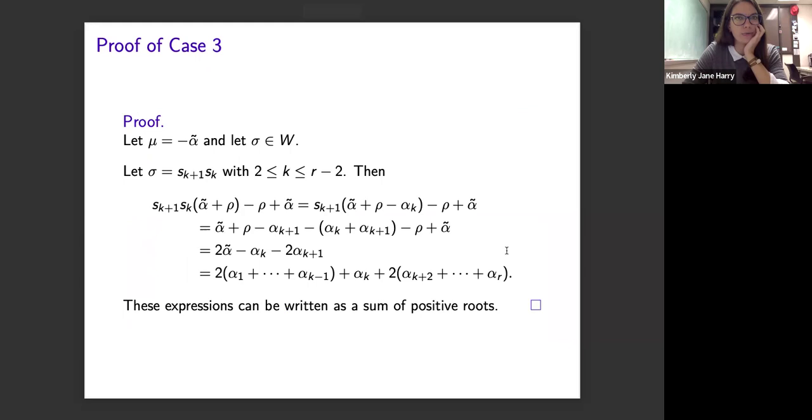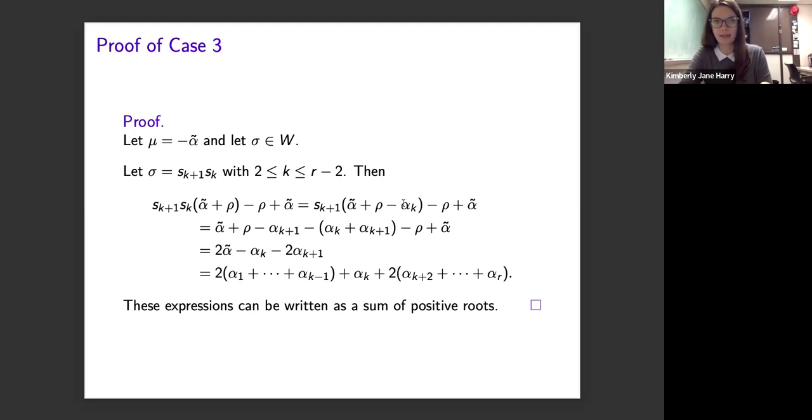So let's look at the proof, and we're going to look at case 3, where sigma is s_{k+1} times s_k, and k ranges between 2 and r minus 2. Like before, I put it in for sigma and play the same game. I hit my highest weight with rho by s_k, and again I get the highest weight plus rho minus alpha k, and then I do the same thing with s_{k+1}. I get my highest weight, I get rho, I get the negative alpha k plus 1 minus,